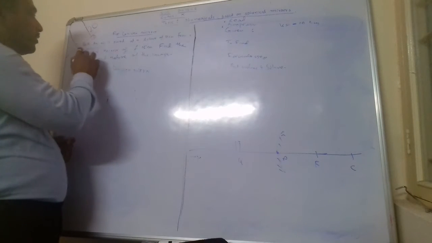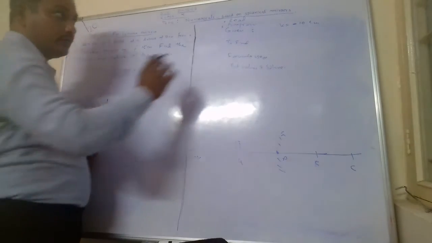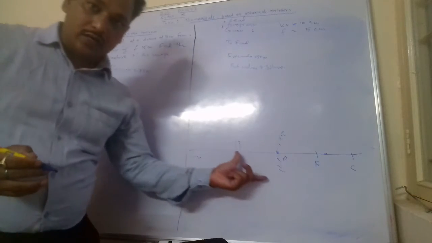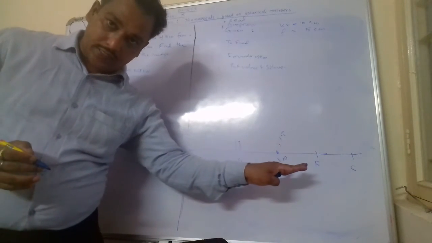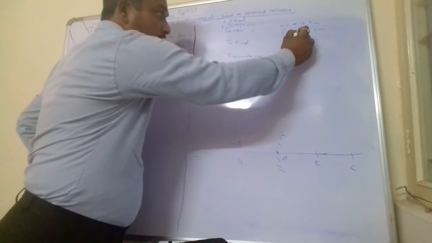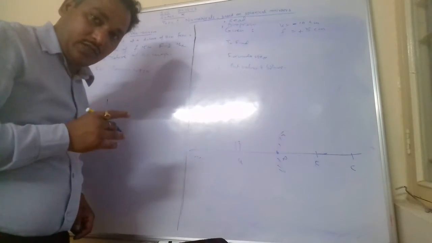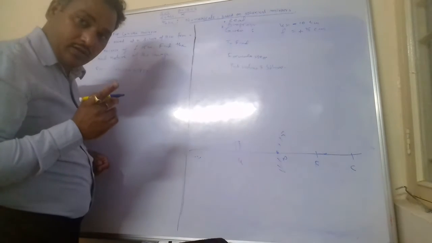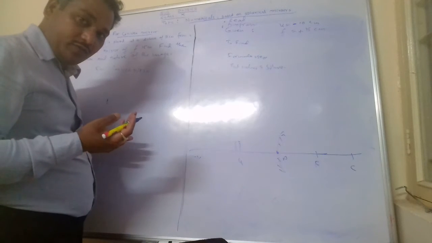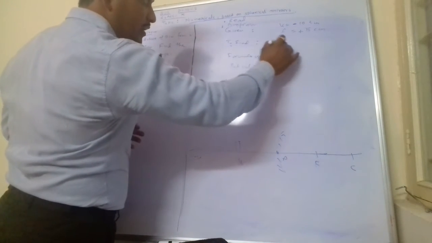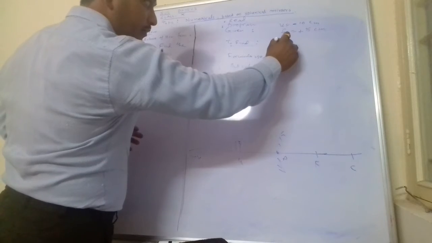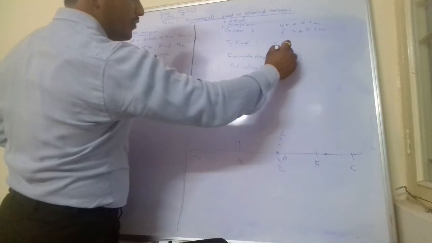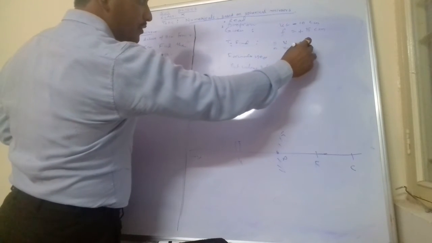Next, what is given? A convex mirror of focal length 15 cm. This small f is also given, 15 cm. Now you are aware that in the diagram, the focal length is always on the right hand side, so it will always be positive. So we will put a plus sign before the given value. Now you have to find the position. Position of image means which variable? The distance of the image from the pole. We are using which variable for that? v. We have to find small v. And the nature of the image. So one thing is v, and the second thing you have to find is the nature of the image.